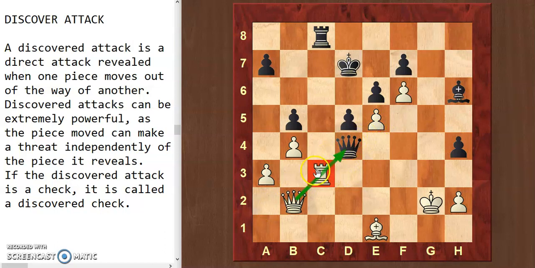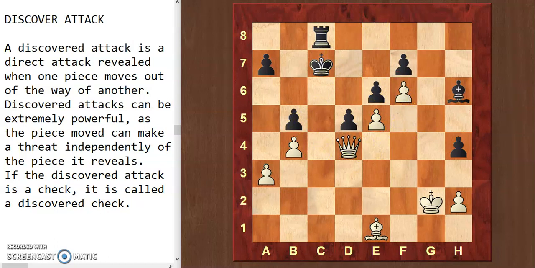So we can say if it is black to move, then our rook is pinned, kind of. So we are making a check over there, rook to c7, and you can see that the queen is gone. Bye bye queen. King will take the rook, of course, and the queen will be gone. White just gains some material.